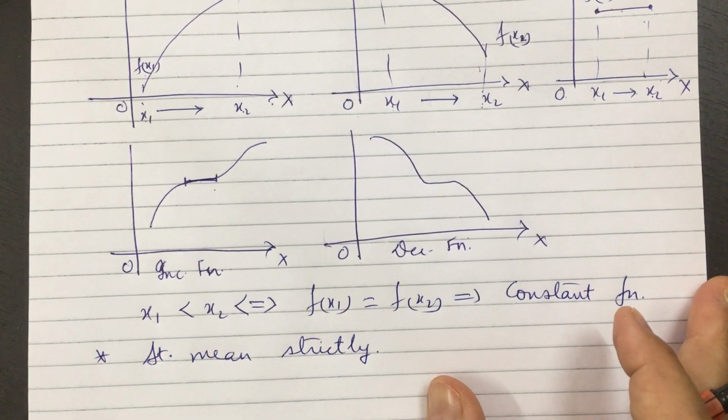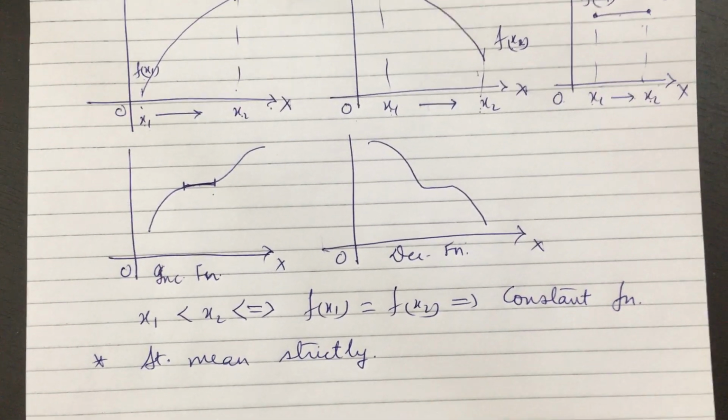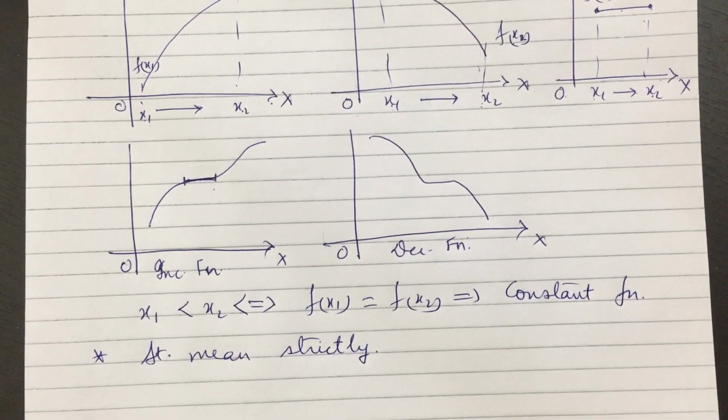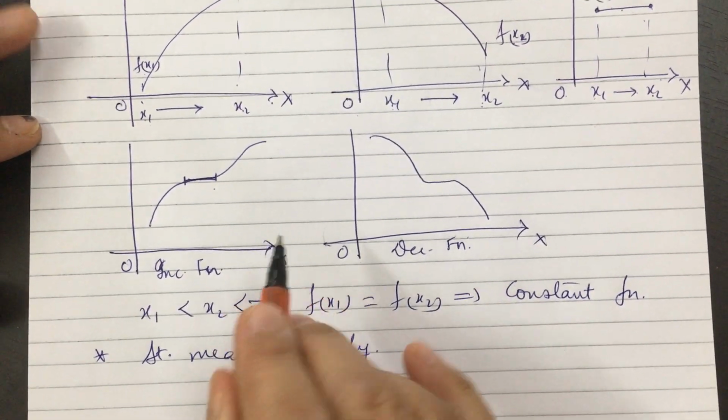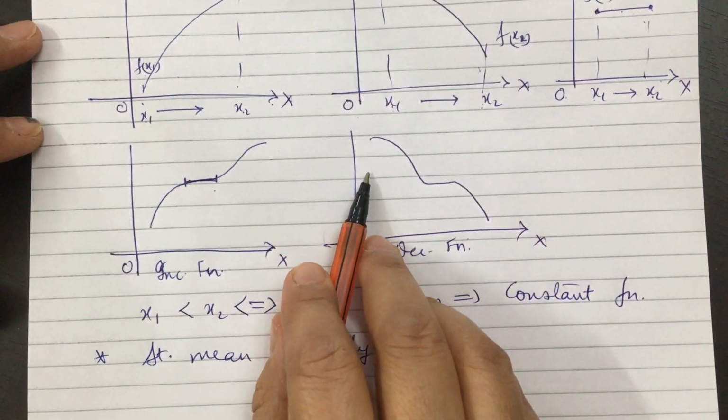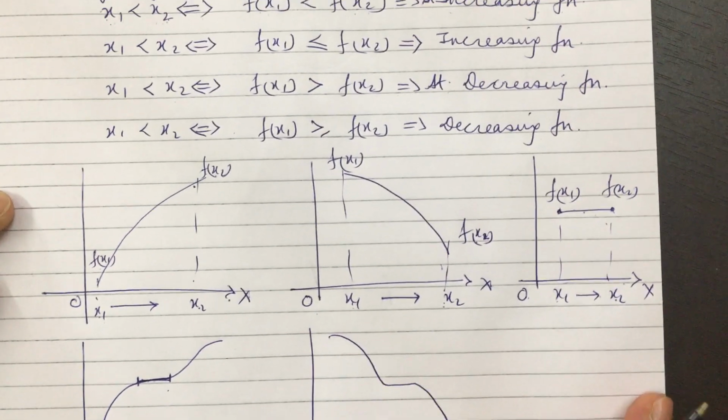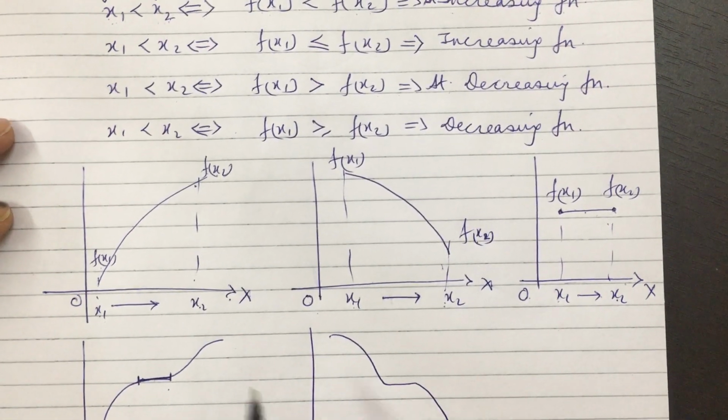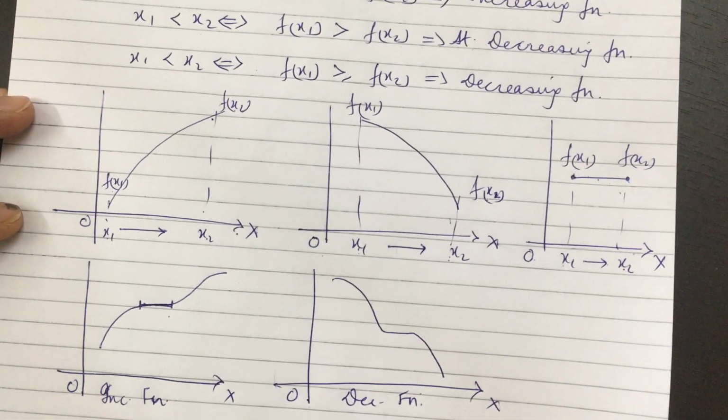Now let's take up the questions. First we will do one question by the basic concept, and then we will do a theorem which gives us a result using which we can check whether the given function is increasing or decreasing. So let's take up an example which says that